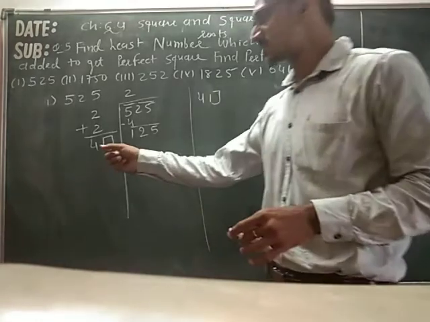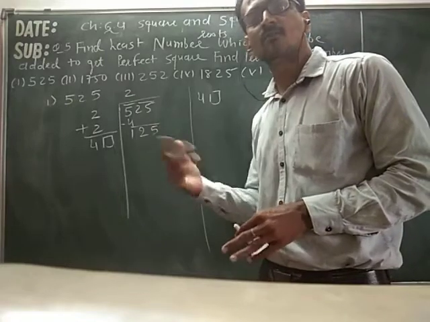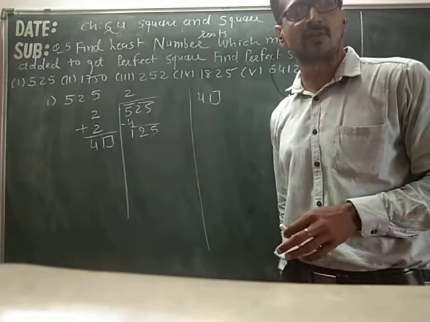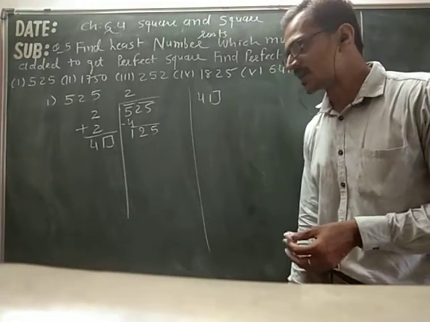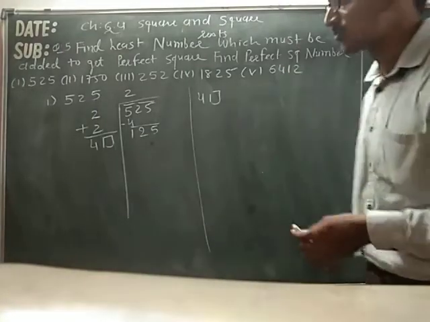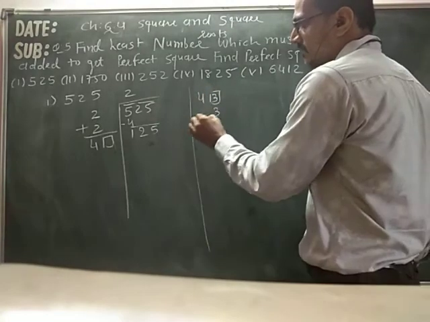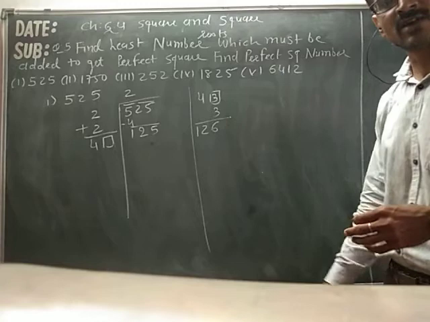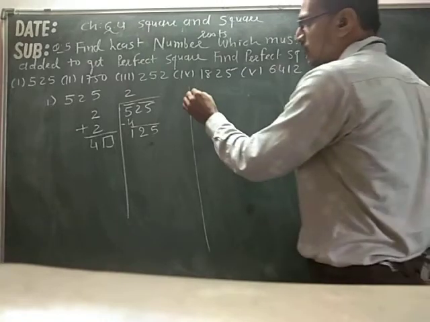Now this square is at the unit place and 4 is at the tens place. So 4 tens are 40. So we will recite the table of 40 so that we can get 124 or less than 125. 41 is 40, 42 is 80, 43 is 120, 44 is 160. 44 is 160, which is greater. So we will try by taking the square of 3. If I write 3 over here, then I should multiply it with 3. So it will be 126. But still it is greater than 125. So I cannot take 3 also.